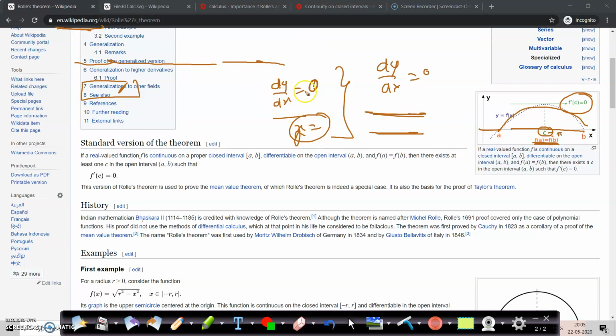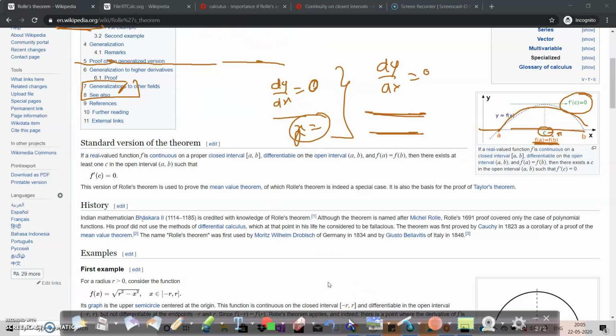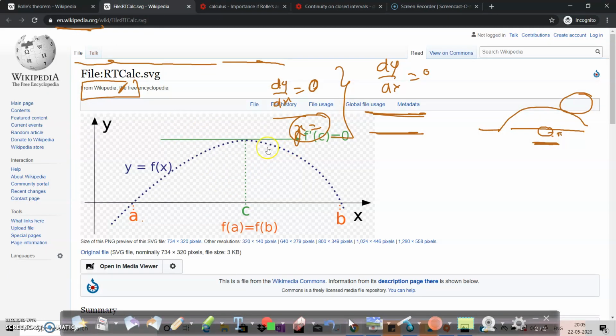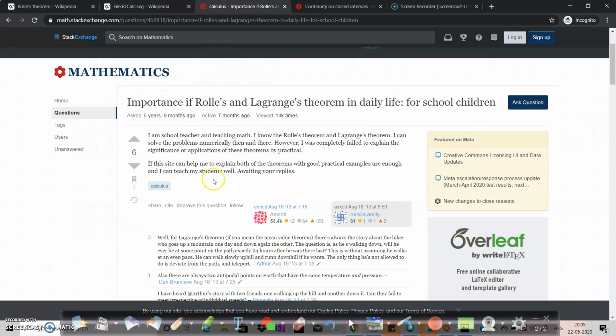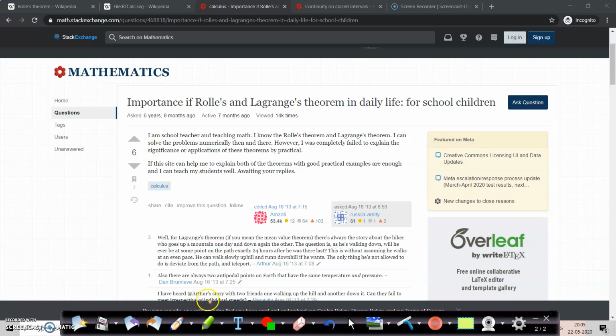Okay, so you can go through these things. You can get a lot of information about it. You can go to this image and get a lot of things about it. I think another student asked me how it is defined for a closed interval and everything. So you can go to this website. I think this is a very great website for mathematicians. If you are a lover of mathematics, you can go to this website. There is a lot about where we can use the concept of Rolle's theorem in real life or anything. You can get a lot of things here.